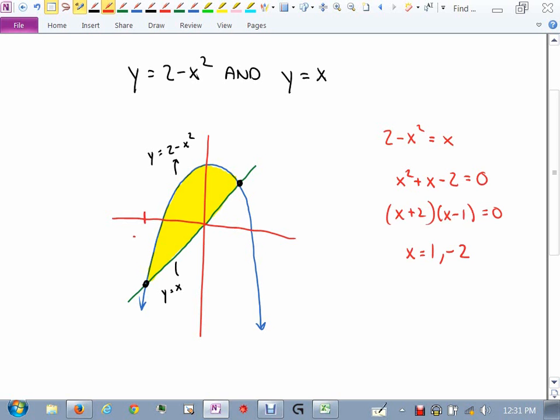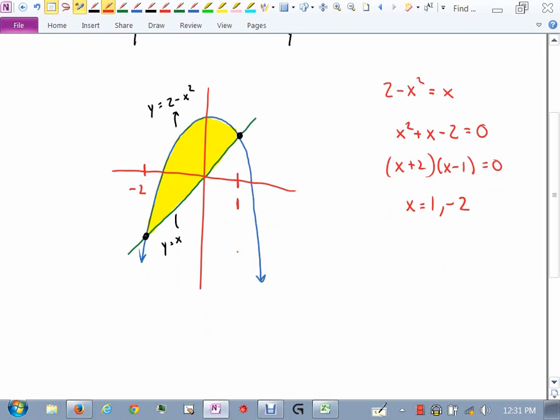Negative 2 here, positive 1 out here. So give me the formula for the area. Area is